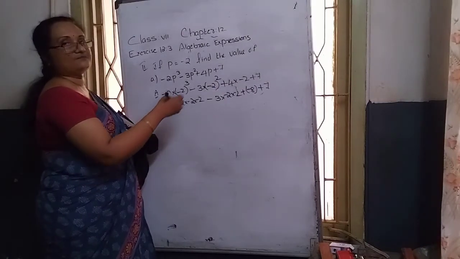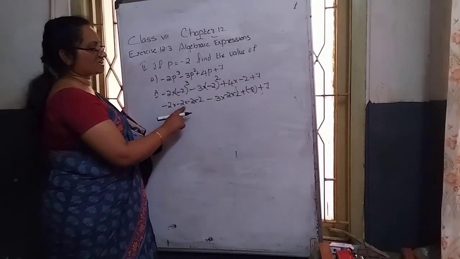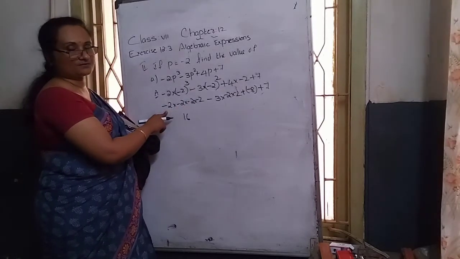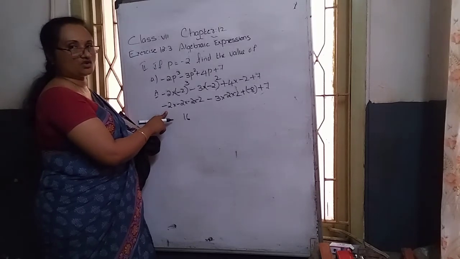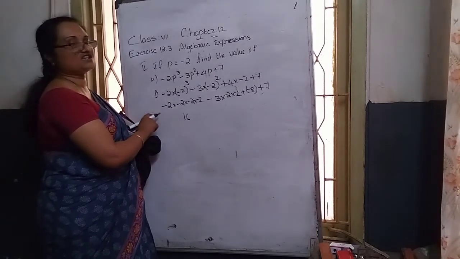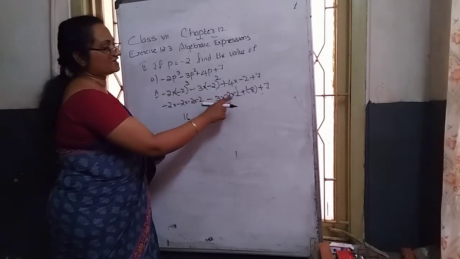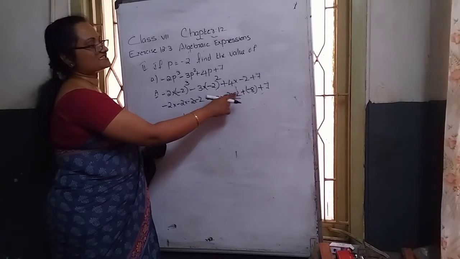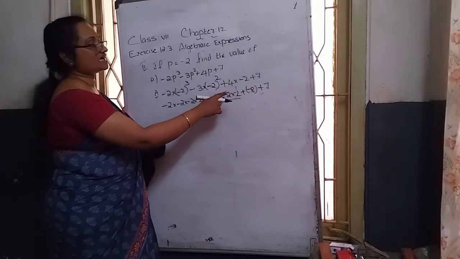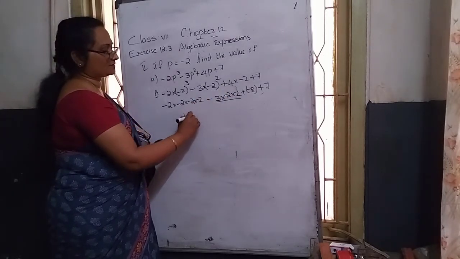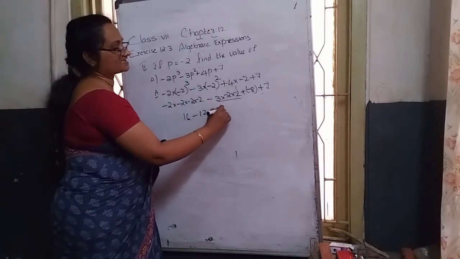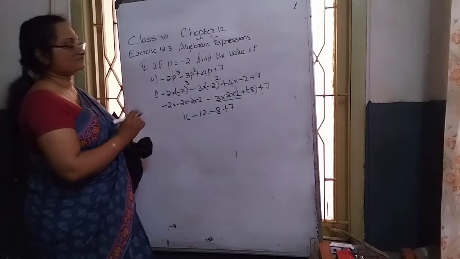Next step and calculation. First term: 2 twos are 4, 4 twos are 8, 8 twos are 16. How many times is the negative sign repeated in the first term? 4 times. Is 4 odd or even? That's why we get the answer as plus 16. Then this is the second term, numbers multiply: 3 twos are 6, 6 twos are how much? 12. How many times is the minus sign repeated here? 2 times, that's why plus 12, but here one minus is there, so minus 12. Then plus of minus changes to minus 8, plus the last term becomes 7. Again calculation.